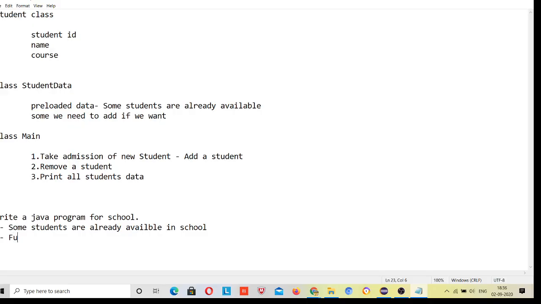And faculty can add some new students, or in terms of school you can say faculty is able to take new admissions.